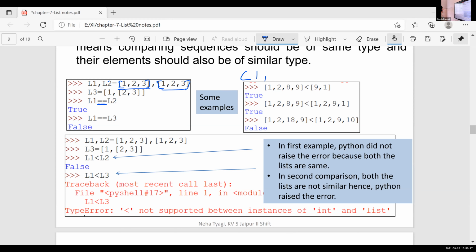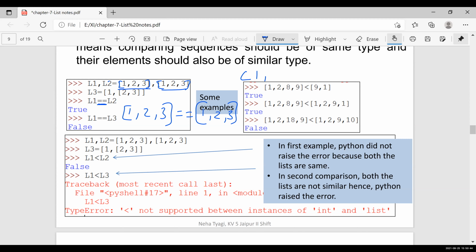Alan, what is the meaning of that double equal to? It is for comparing: L1 equal to L2. Here the L1 values are 1, 2, 3, which is equal to L2, 1, 2, 3.